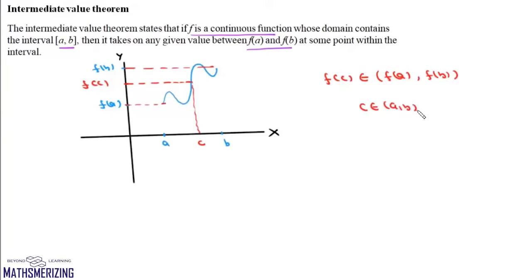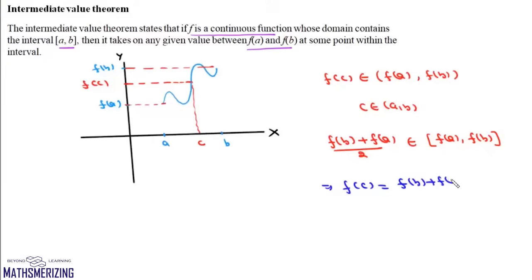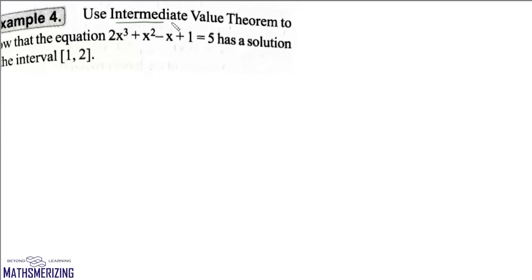Now one important result that we generally use while solving problems is we know that (f(b) + f(a))/2 lies between f(a) and f(b), and from intermediate value theorem we can say that there exists at least one point c such that f(c) is (f(b) + f(a))/2, where c lies in (a, b). Now here the question is use intermediate value theorem to show that this equation has a solution in the